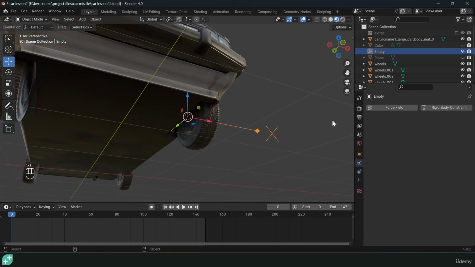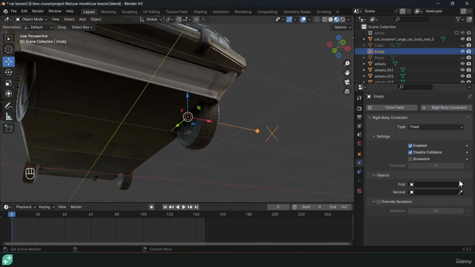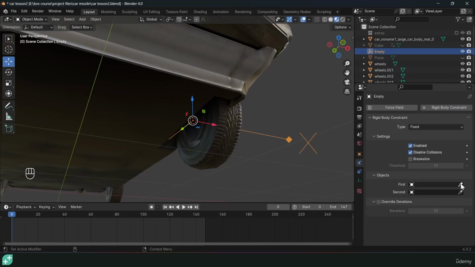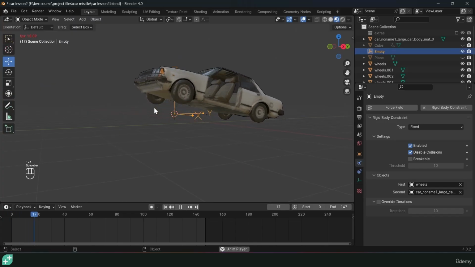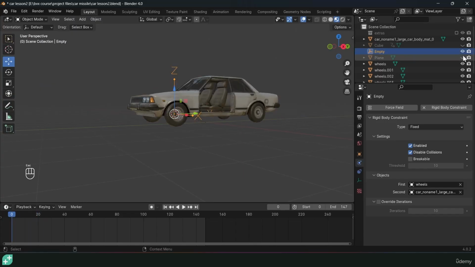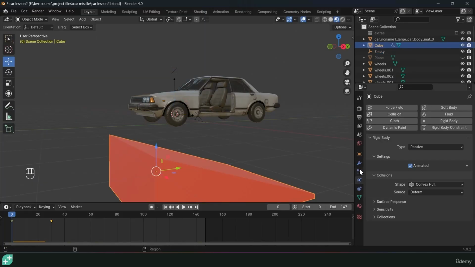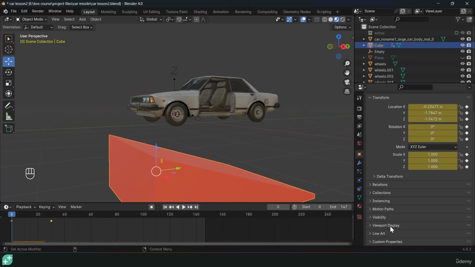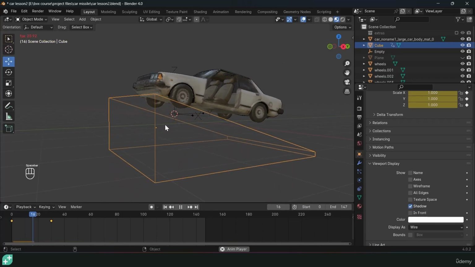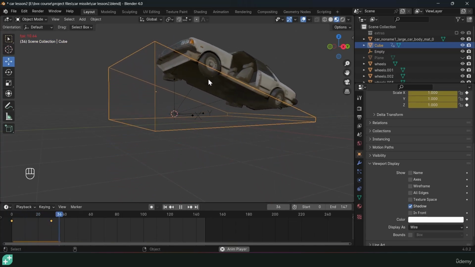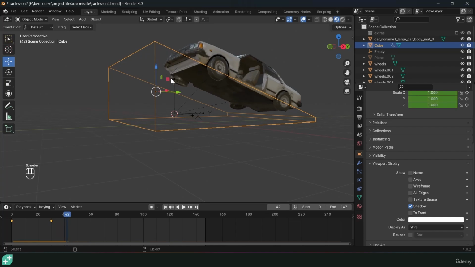Let's go back to frame 0, go to the physics tab, create a rigid body constraint, and just select the tire as object 1 and the car body as object 2. If I hit play and bring back my plane, let me just bring back my cube here, and I'm also going to go to object properties and go to viewport display, change this to wire so that I can see the wireframe of this. You can see this is now attached to the body